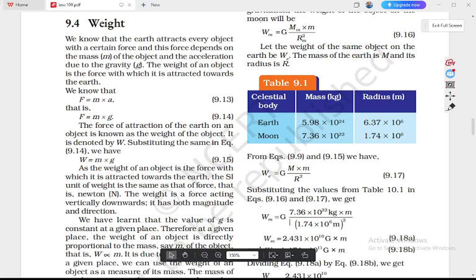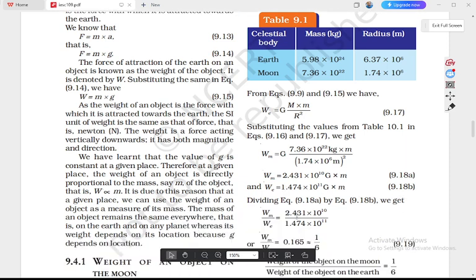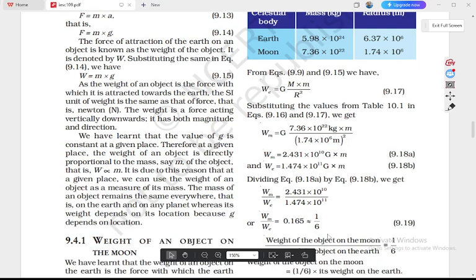Here we get Wm = G times the mass of the moon, 7.3 times 10 to the power 22 kg, times the mass of the object, divided by (1.74 times 10 to the power 6 meter) squared. So Wm is 2.431 times 10 to the power 10 G into m, and We is 1.474 times 10 to the power 11 G into m. Dividing these equations, the m cancels, and Wm by We is 2.431 times 10 to the power 10 divided by 1.474 times 10 to the power 11, which is 0.165,